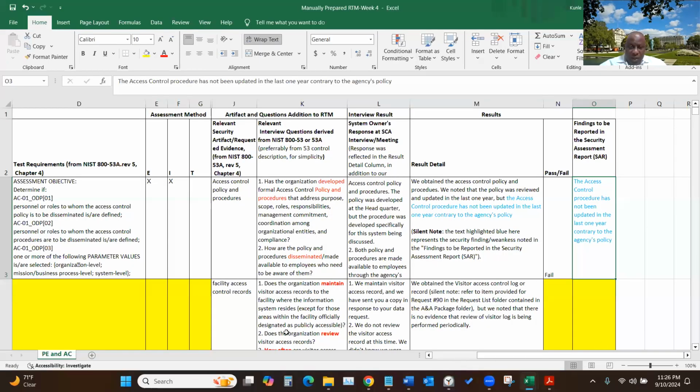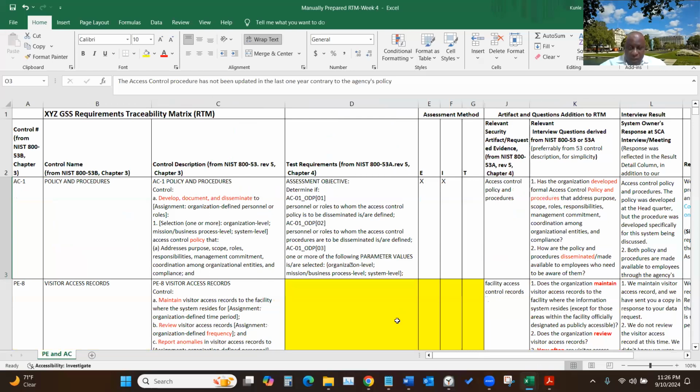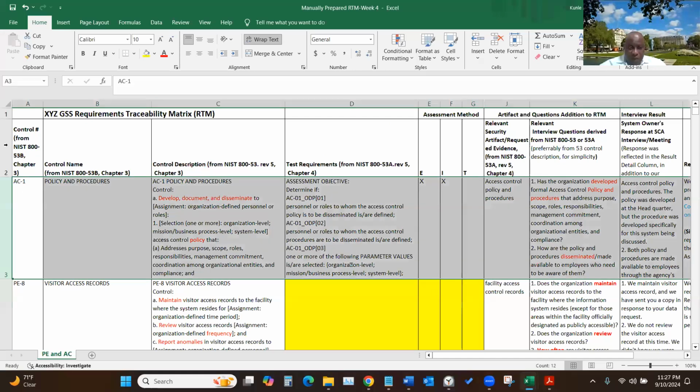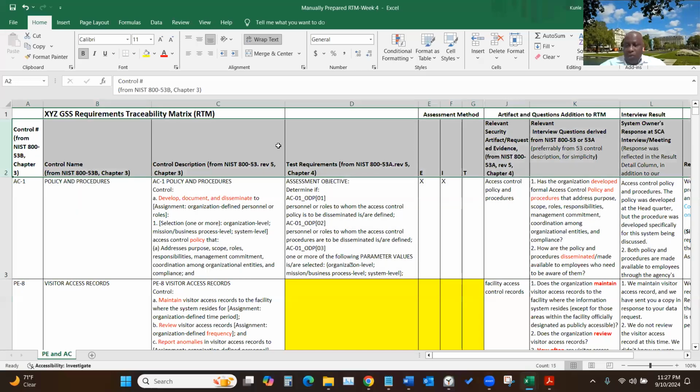So I'm going to ask you to fill out all this yellow part. And if you're able to fill out the yellow part, then you just became a security assessor. That's what an assessor does. They fill out the RTM. Okay, so you use this example we just went through to do the rest. But remember, the headings here tell you where the things that are here are coming from. So if you pay attention to that, you can